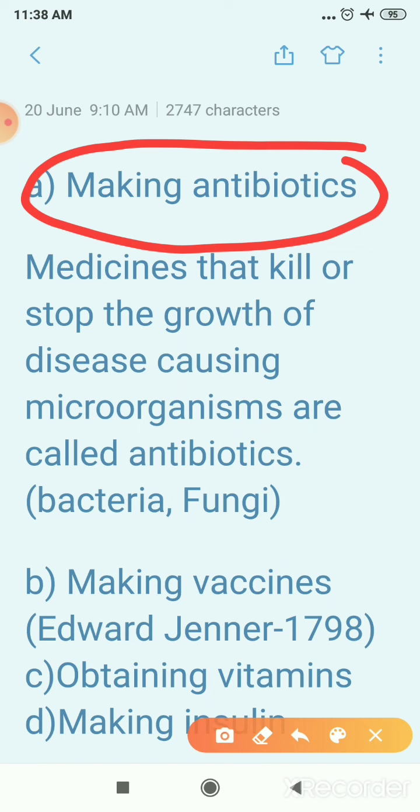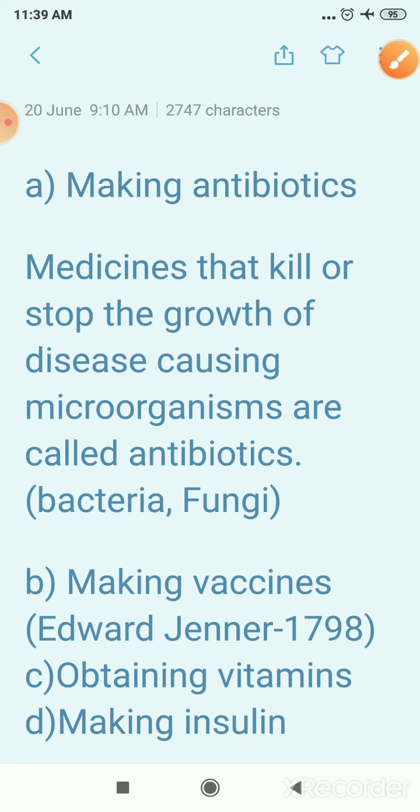You have to take care while taking antibiotics. You have to take antibiotics only with the advice of a qualified doctor. When you start taking antibiotics, there is a prescribed dose. If you do not take the prescribed dose, the microorganisms will grow stronger and stronger in your body. Therefore, take antibiotics with the advice of a qualified doctor and complete the course of the antibiotics.